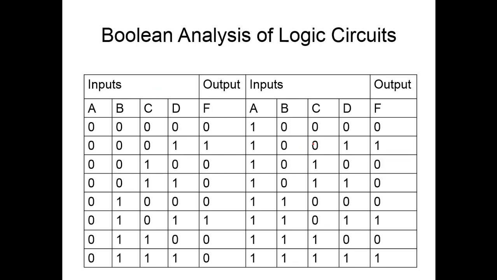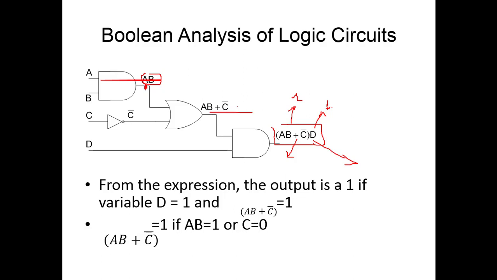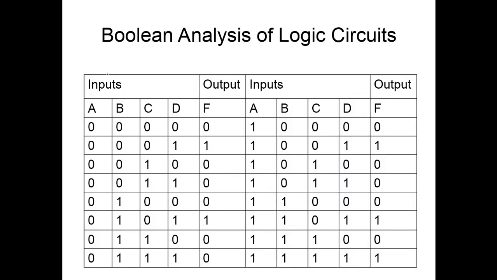So here the truth table is constructed like this. We have 4 variables. We start from 0 0 0 0 and we go to 1 1 1 1. So you have 8 terms over here and 8 terms over here. So in total you have 16 terms in the truth table, and for each combination of input this output is evaluated. It is either 0 or 1 depending upon the expression.